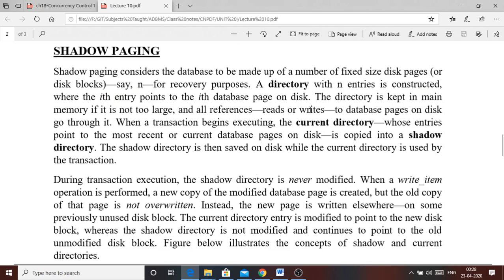As the transaction starts executing, there are actually two directories created. One is where the transaction is currently executing, and the other is copied from this directory as the shadow directory. So we make two copies of the same directory values, one which will be modified by the transaction as it goes on executing different operations, and another, the shadow directory, which is separately saved in the